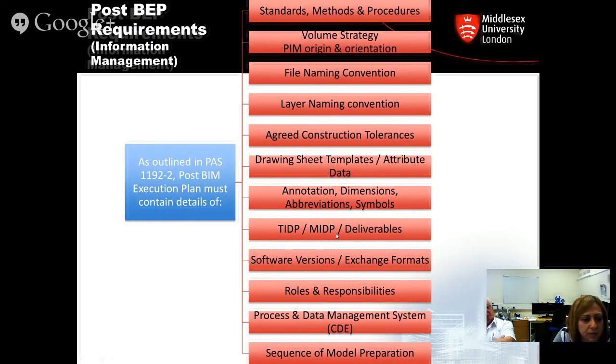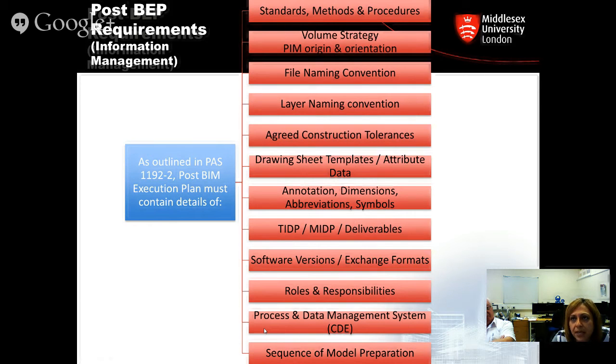I know we have not talked about them, but basically what they do is that they say who is assigned to what, to deliver what and when, okay? And we would again talk later more in detail. Software versions, exchange formats, roles and responsibilities, including names. So who in particular, from which company, from which department is responsible for what in particular, and the exact deliverables,